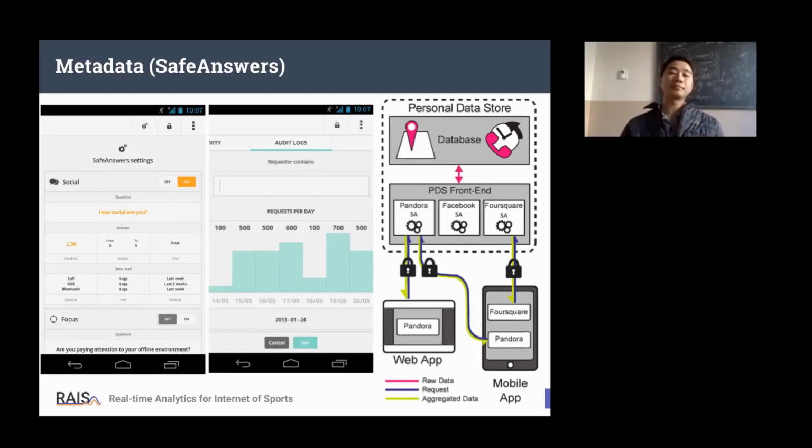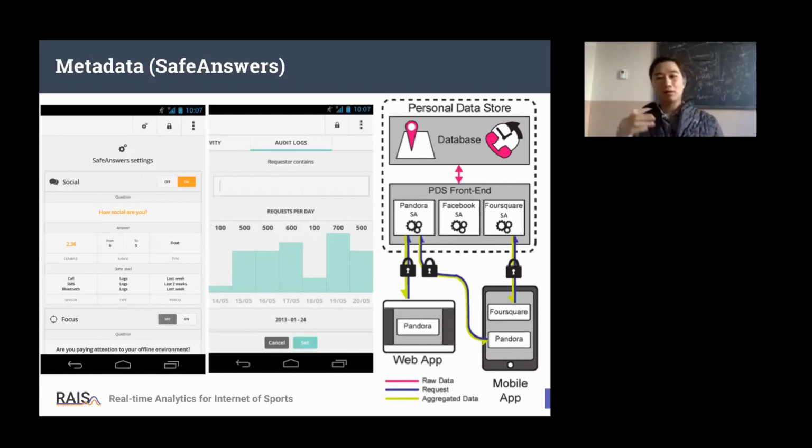Okay. For the metadata, the structure is quite similar to OpenPDS, but the main difference is that the second paper focuses on the metadata, and they also show the interface of ShapeAnswer. ShapeAnswer is the name of the tool to support the metadata. As you can see, the first picture is the main interface of the application, and the second is the report interface for this user.